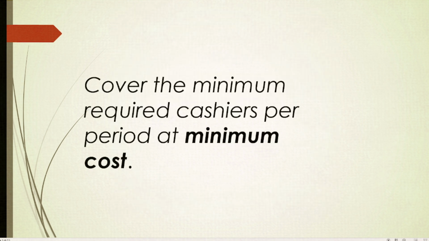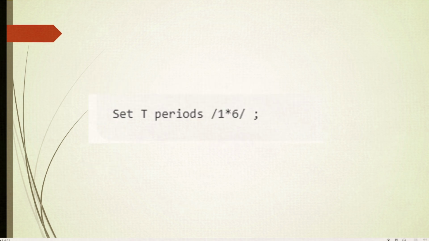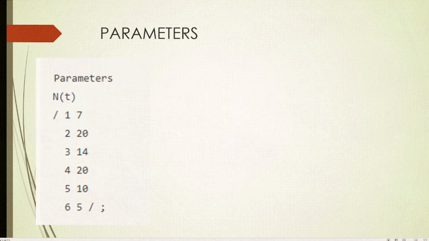As we can see here, we need to cover the minimum required cashiers per period at minimum cost. First, we define the set T, 1, 2, 3, 4, 5, 6 periods, which represents the 6 4-hour periods. T gives the minimum number of cashiers required in each period. For example, period 1 requires 7 cashiers, period 2 requires 20, period 3 requires 14, and so